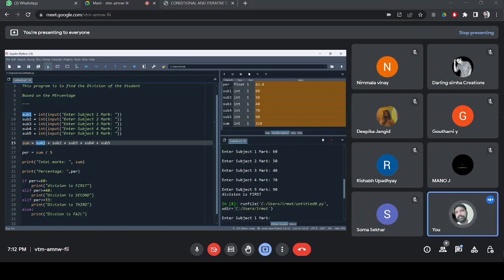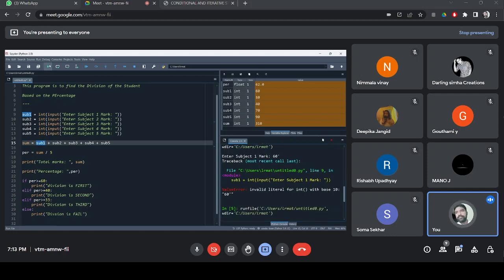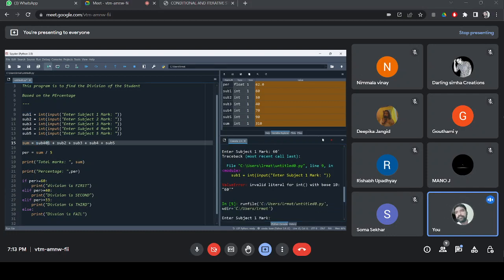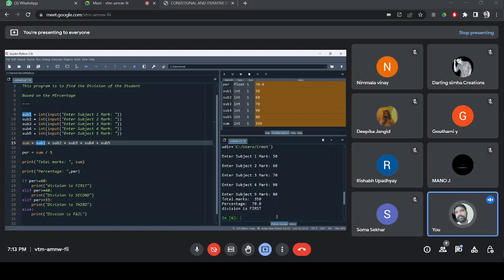Let me run again. And I want to find out some output statement. Something I am missing here. I typed, it says non-valid numerical value. I want to type here 50, 60, 70, 90, say for example 80.